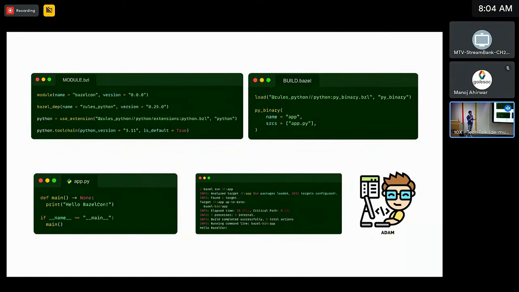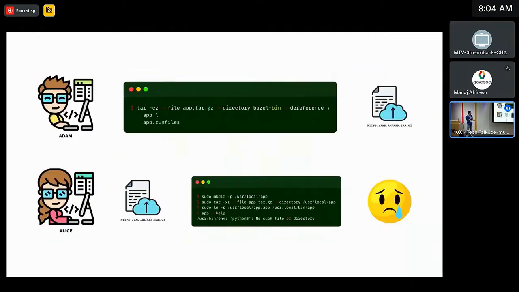After a few iterations, he manages to get to the state where he can run bazel run and gets the application running on his computer as he was expecting. Then, super happy about the results, he goes and packages his application by tarring up the output directory that Bazel has produced and uploads it to his personal server and runs to his colleague Alice to show her that now this manual operation is no longer a thing and she can actually use Adam's application to basically get that done